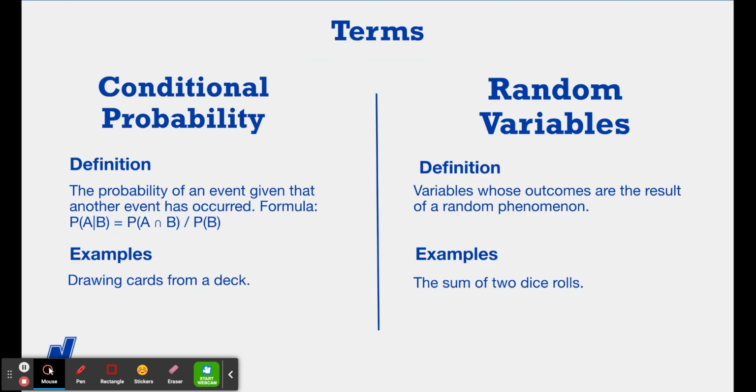We're going to talk about some key terms that are going to be helpful when we discuss probabilities. A conditional probability is the probability of an event given that another event has occurred. The calculation here uses that formula: the probability of A given B equals the probability of A and B divided by the probability of B. For example, if we are drawing cards from a deck, the probability of drawing a queen given a face card